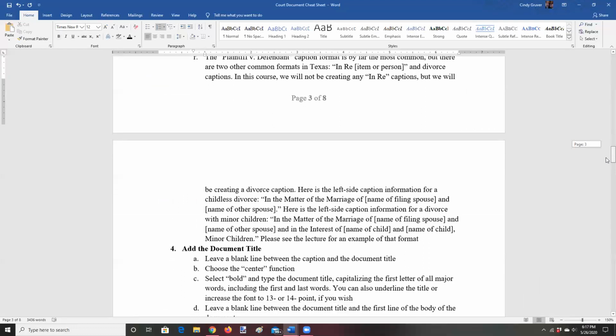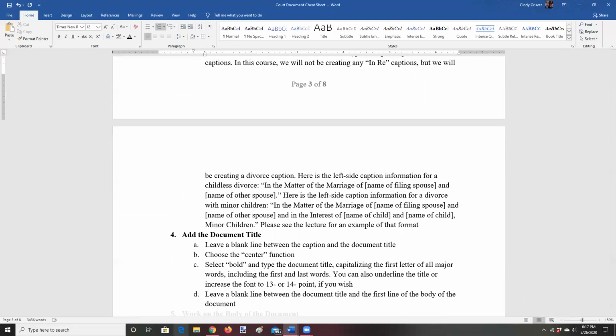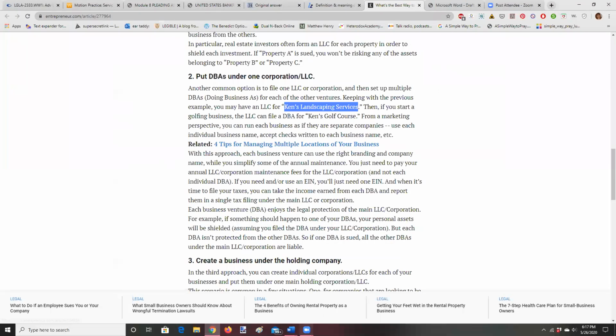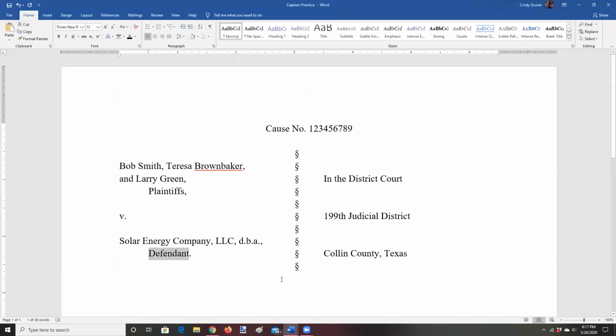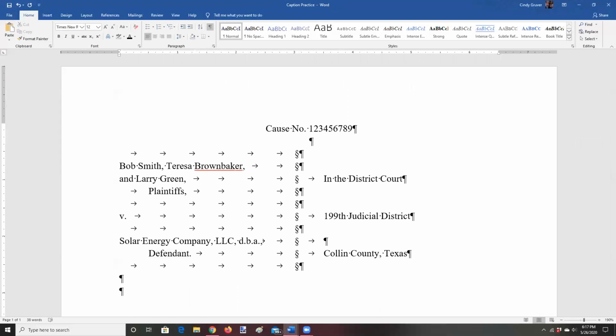And now we're ready for the document title. For the document title, we're going to leave a space blank between the last line of the caption and the document title. Then we're going to go back to center, and we're going to choose bold if we hadn't already chosen bold. As I said before, you can make your whole caption bold if you would like. I'm going to turn on my Velcro here so I can see what I'm doing. We go down this, I'm going to center, I'm going to hit bold, and now I'm going to type